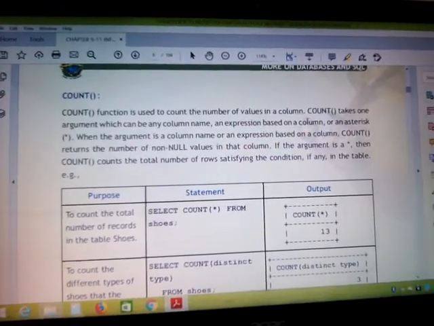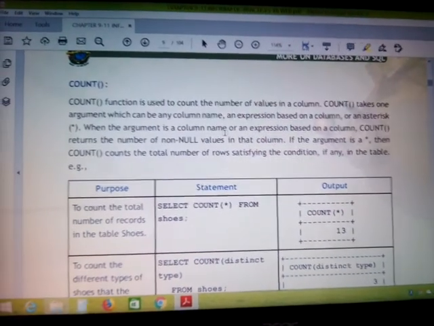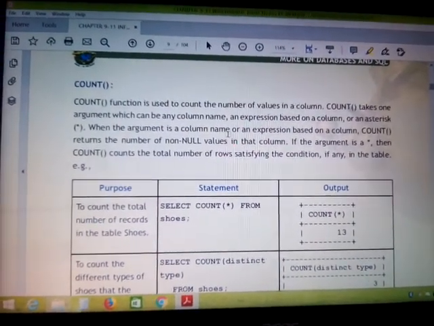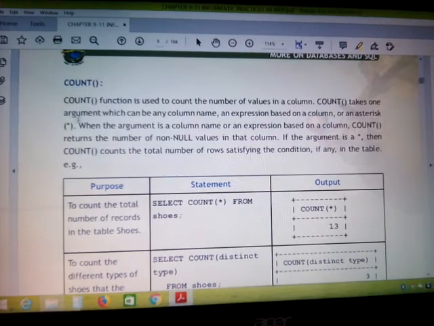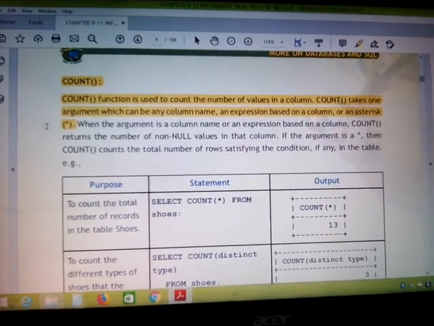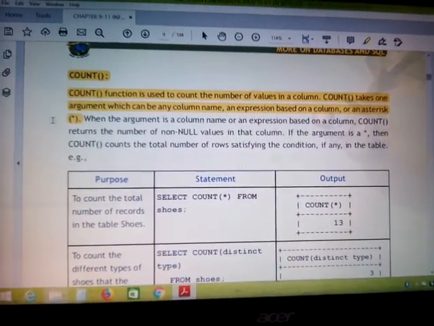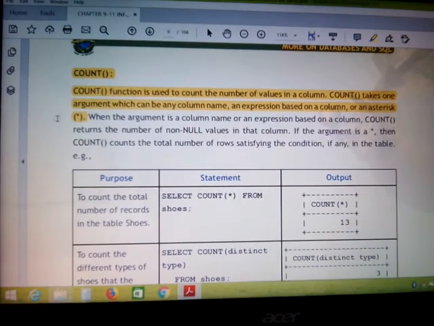Now see, if we want to find the count of the entire table, in that case we will make use of the asterisk, because I think we all know the asterisk very well. In case of select we have read that if we write select asterisk, asterisk means all.